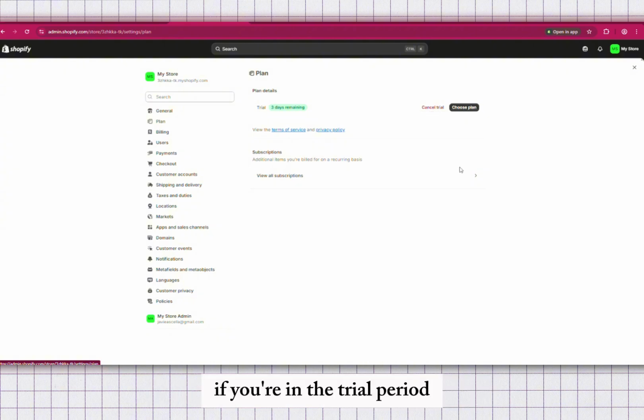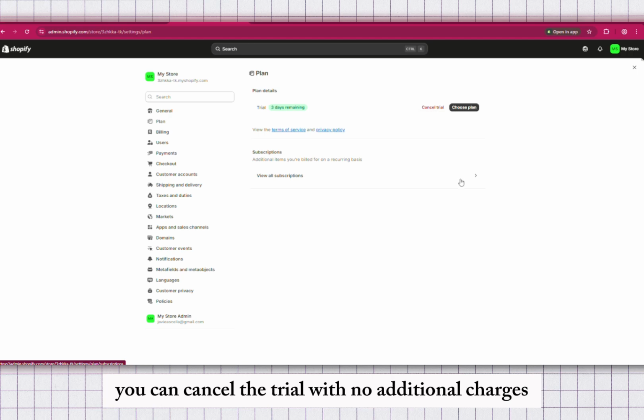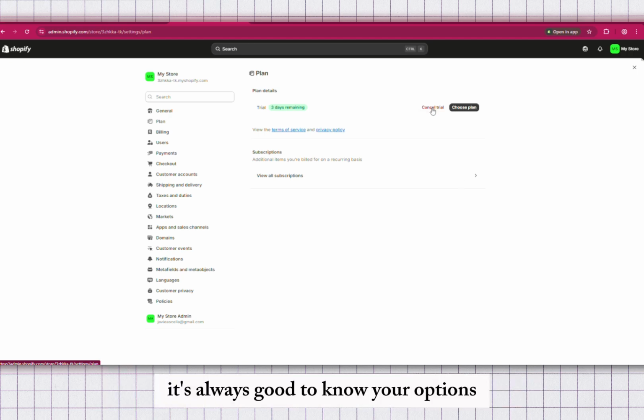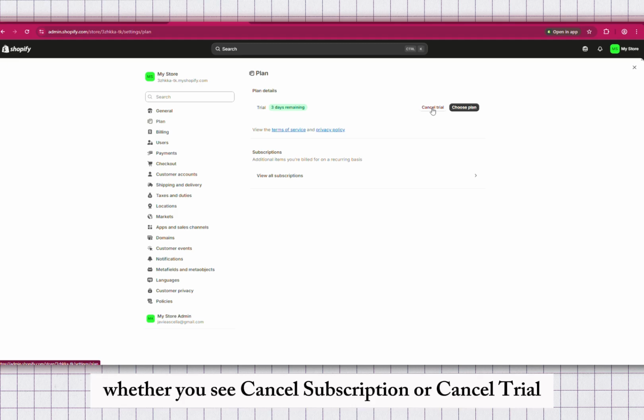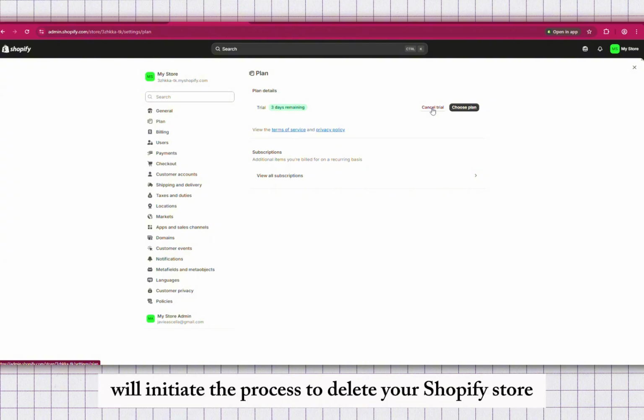If you're in the trial period, you can cancel the trial with no additional charges. It's always good to know your options before making a final decision. Here's where you can make the decisive move to either cancel the subscription or, if you're within the trial period, cancel the trial. Whether you see cancel subscription or cancel trial, clicking on either option will initiate the process to